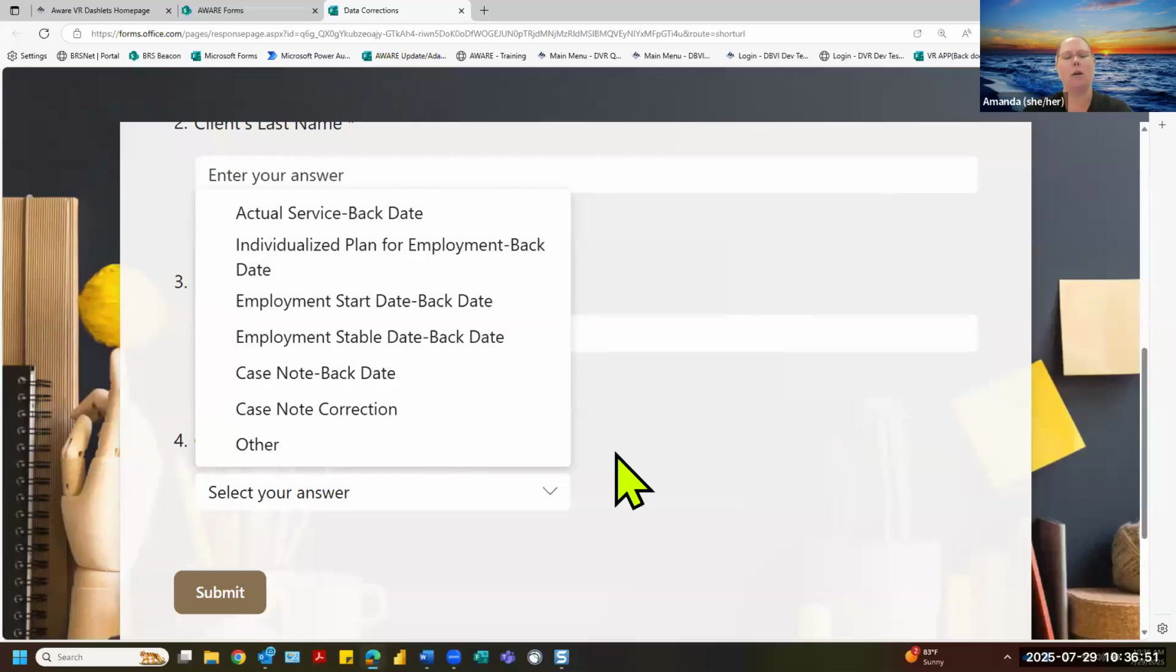Then you would fill this out, put what needs to be in the actual case note, it'll come to me, I'll go in, I'll enter it and let you know that that's done. Does anybody have any questions about the backdating or case note correction form? I think this is the one that most people use, and the only thing that I would request is making sure that you're putting the correct date of the current case note that you're trying to backdate, and